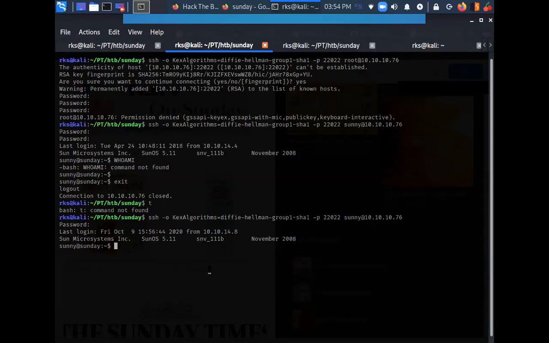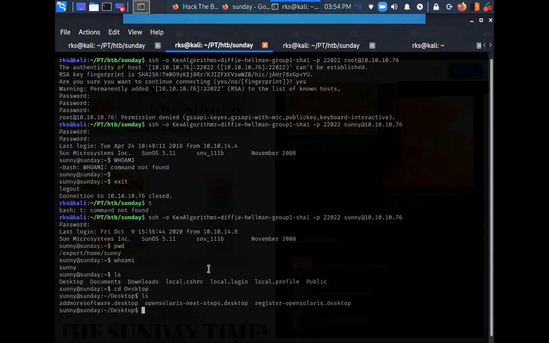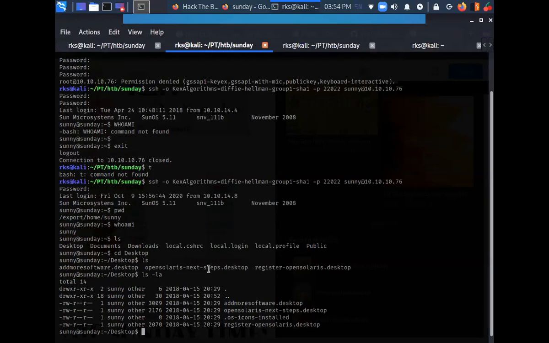Let's try to enumerate this machine locally. Who am I? Where am I? Let's go to desktop. And here you can see I do not have the flag. So probably there is some other user who is going to have the flag.